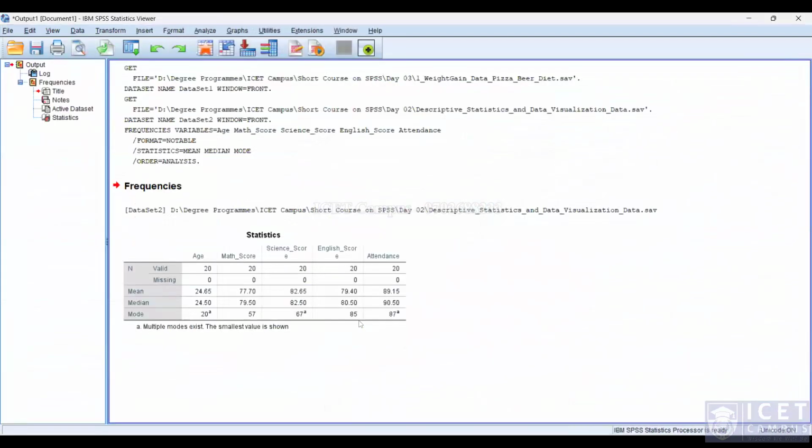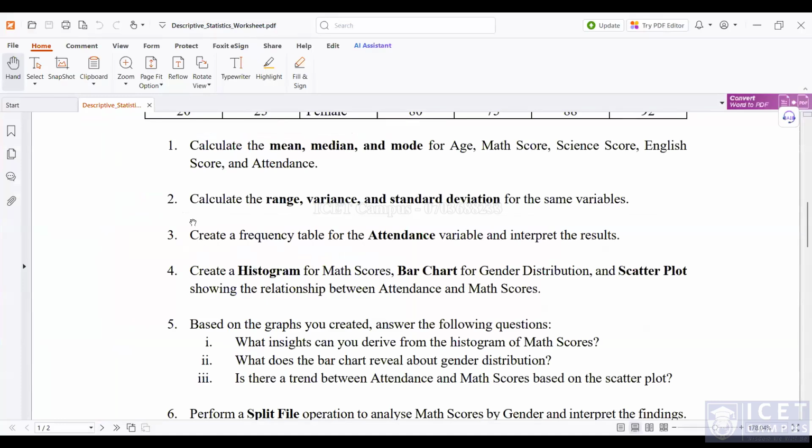We can see the output here. Mean of age is 24.65, median of age is 24.50, mode is 20. For math score, mean is 77.70, median is 79.50, mode is 57. Likewise, we can take this output for the first question of the tutorial. The second one is